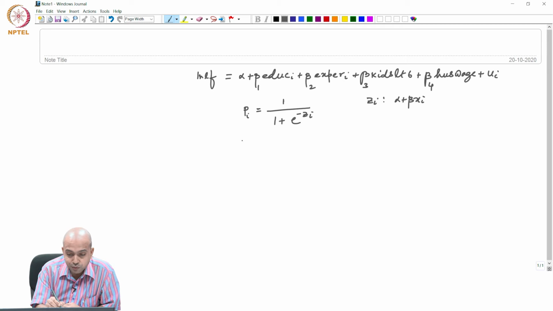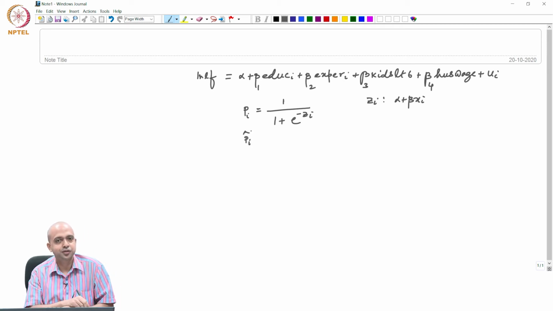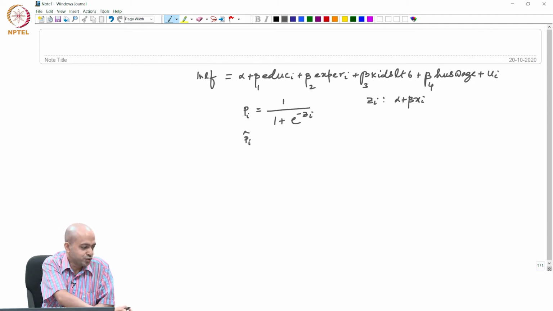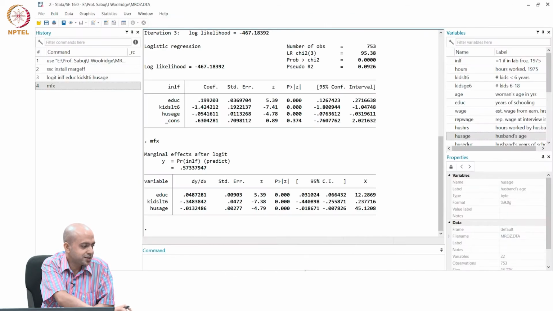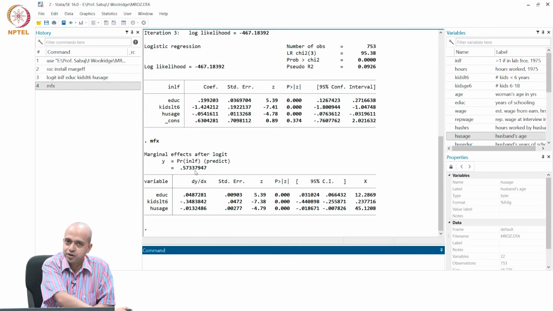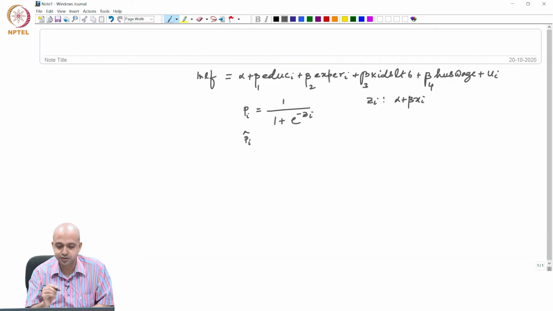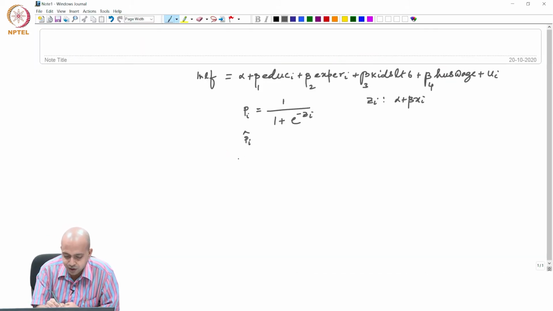So, once you estimate the model, then immediately you must calculate the pi hat. The change in probability is from this particular base point, which is pi hat, that you have to remember. And Stata is using this pi hat as 0.5733, right. You also have to remember that all this interpretation for the coefficient is for an average individual. That means the MFX command, the marginal effect,